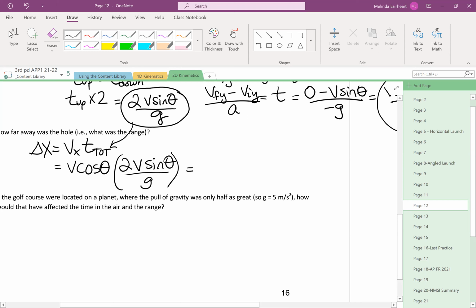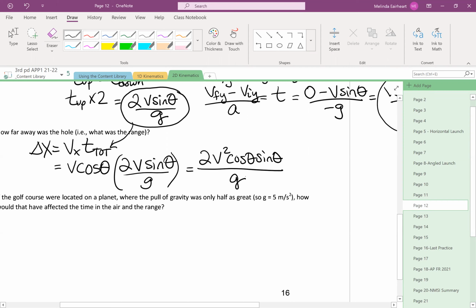Now, although I could leave it right there, typically they want you to finish as much of the algebra as you can. What's v times v? V squared. So you could end with 2 times v squared cosine theta times sine theta,